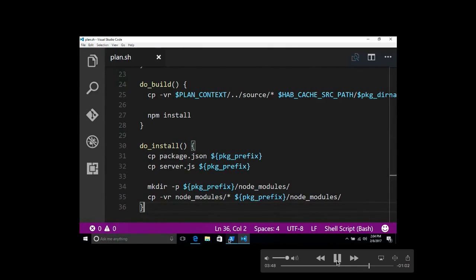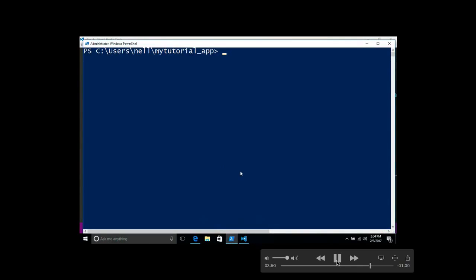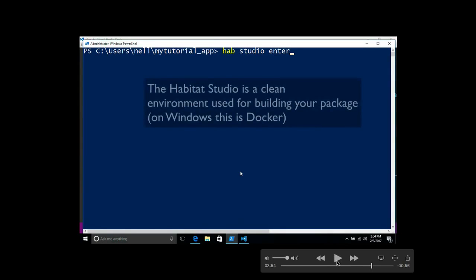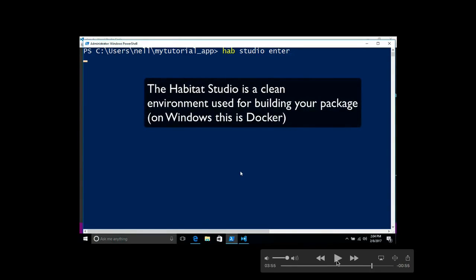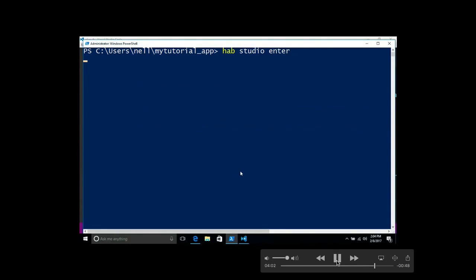And after this callback, I'm going to save my file, head on back to PowerShell, and now I'm going to actually build this package. And I do that by entering what we call the Habitat Studio. This is a clean environment so you can build your package and run it without having to affect your host workstation. So in Windows, this is a Docker container running on your workstation. So I entered the studio by running hab studio enter. And when I go into there,